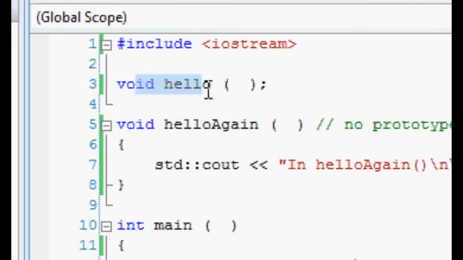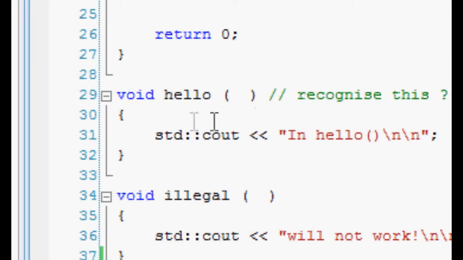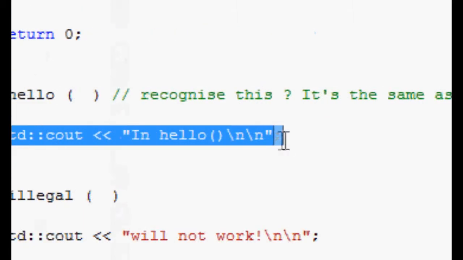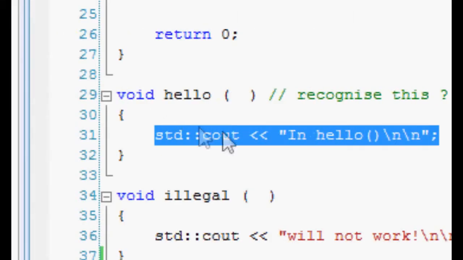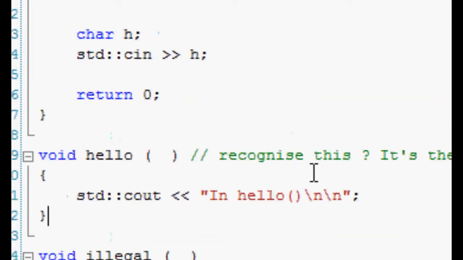We know there's at least one other function called hello, and we go down here, recognize this, it's the same function as the prototype at the top. Okay, and we're just doing exactly the same as the hello again function, except we're just saying "in hello", not "in hello again". Okay,